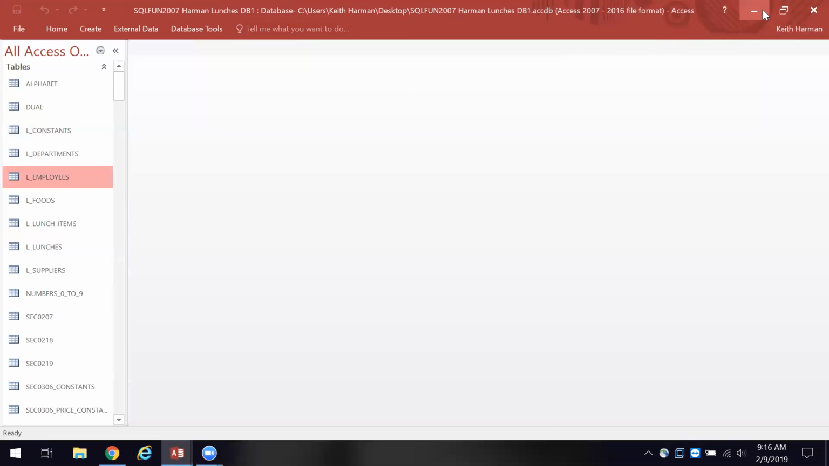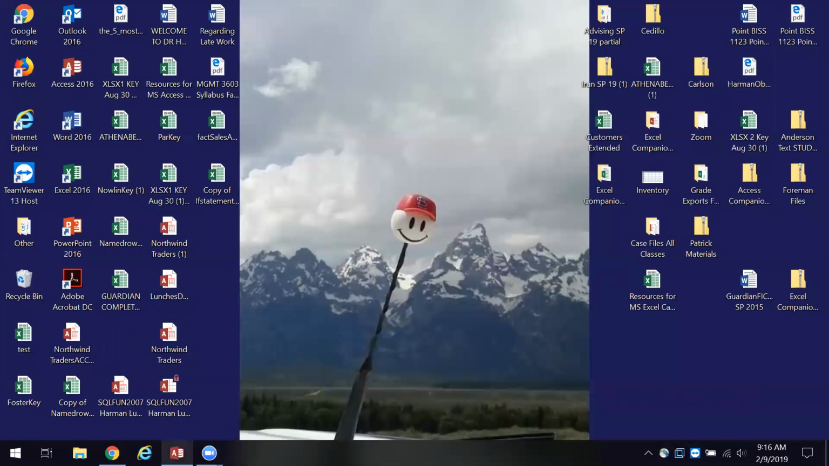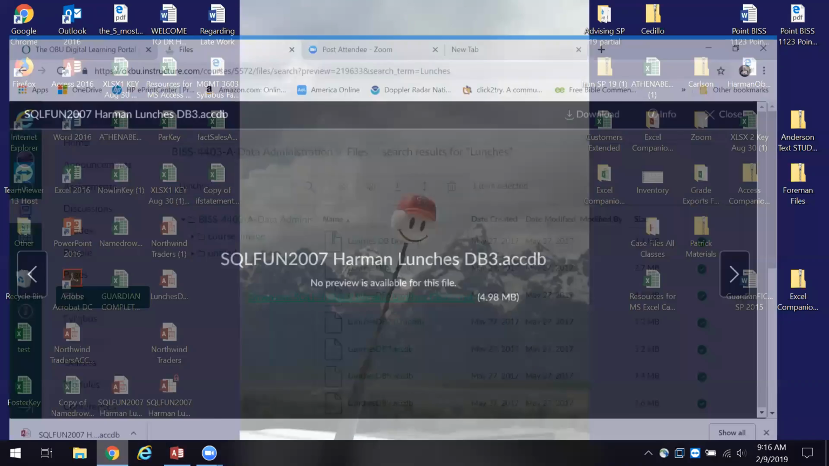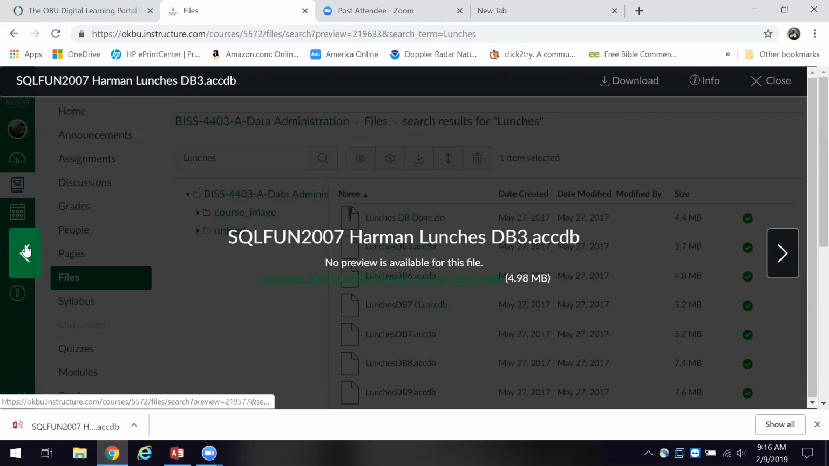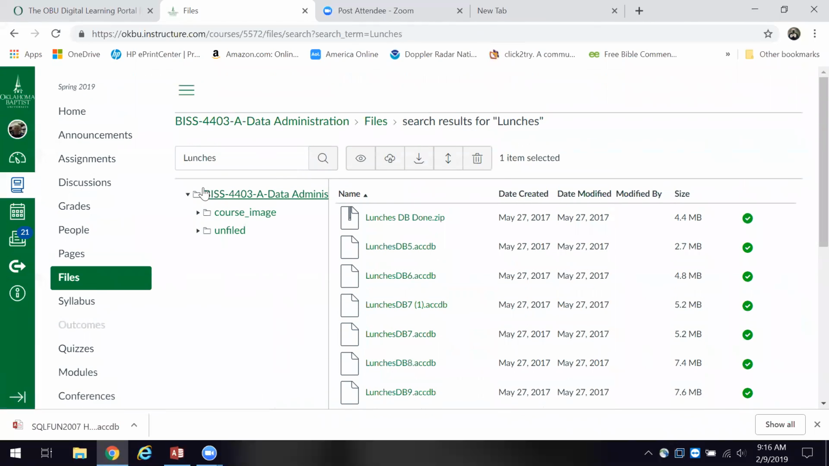All right, I'm going to diminish down the SQL Fund, and we're going to go back in here. Okay, and let's close this, and we're going to go back into the files area, and we're going to find